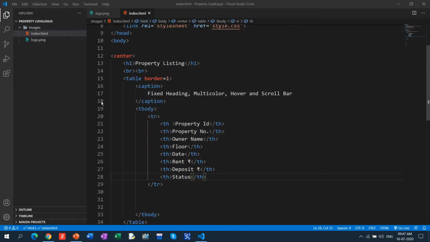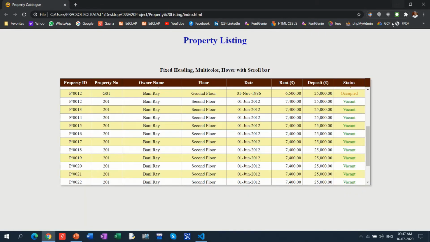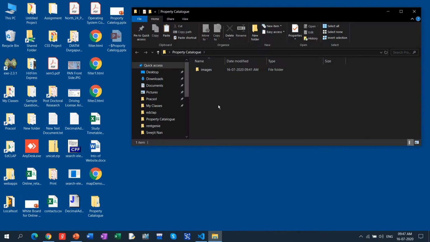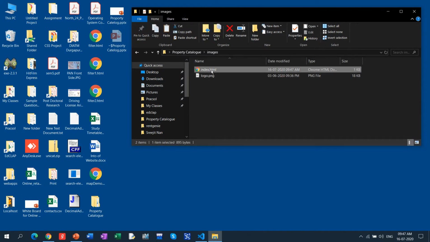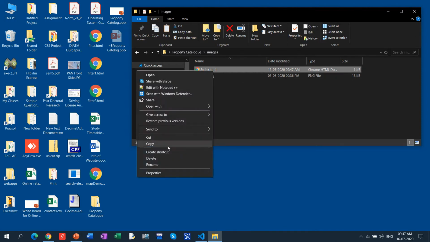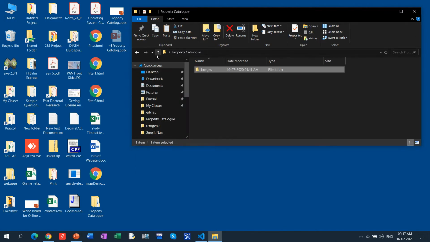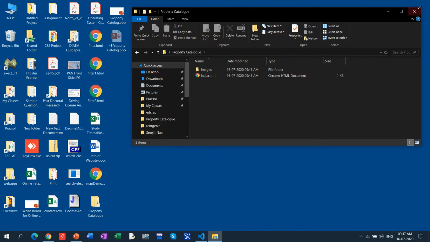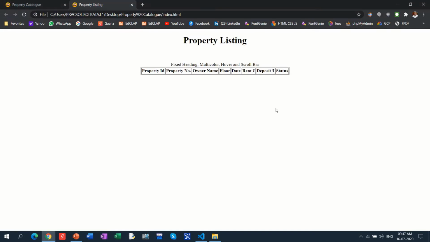Oh, the image has come down here only, but we need to put it not in here. I want to cut it and paste it, fine. Okay, so now I just open it.